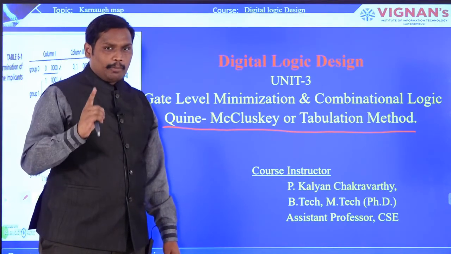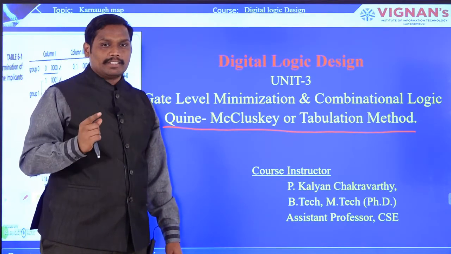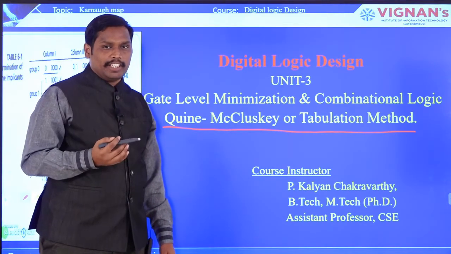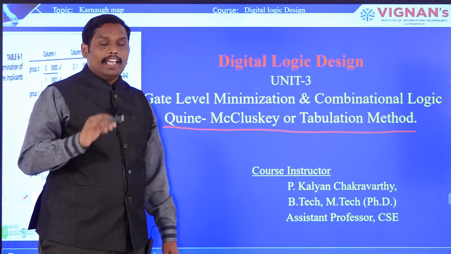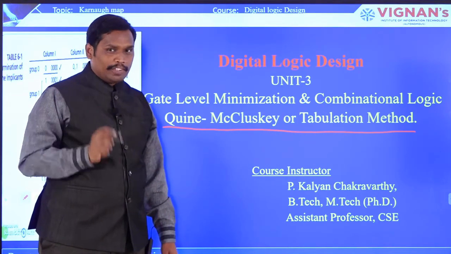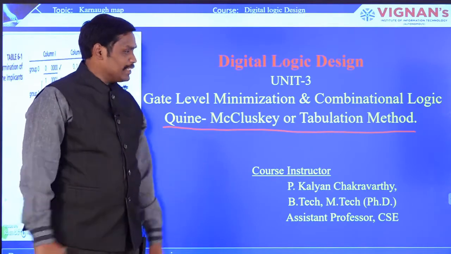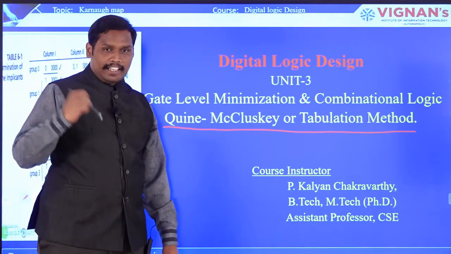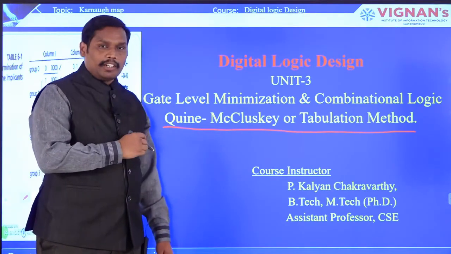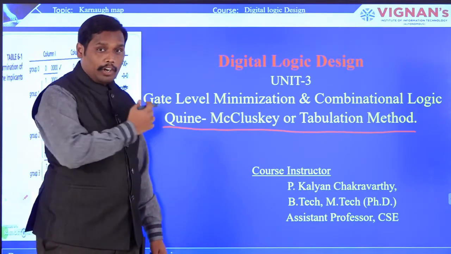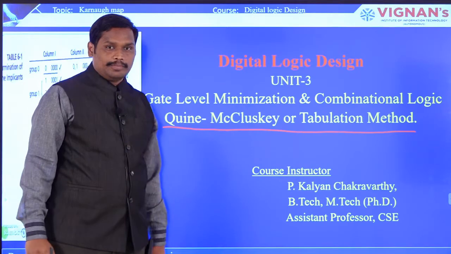And for technique number one, Boolean algebra, when the Boolean variables are A, B, C, or any three variables in the Boolean expression, then we go with Boolean algebra. If it is 3 to 6 variables, then we go with Karnaugh map. And if it is more than 6 variables, then generally we go with Quine-McCluskey tabulation method. In the real world, all the computer algorithms work on this tabulation or Quine-McCluskey method in order to design the circuits.